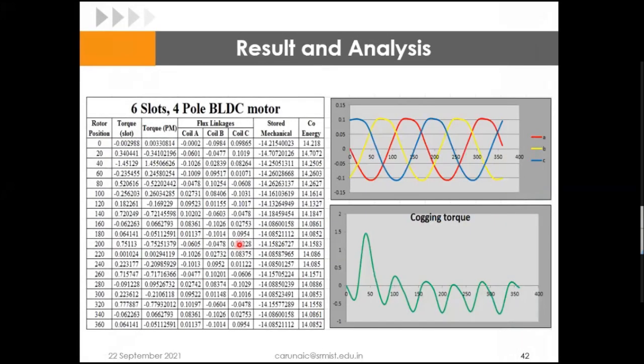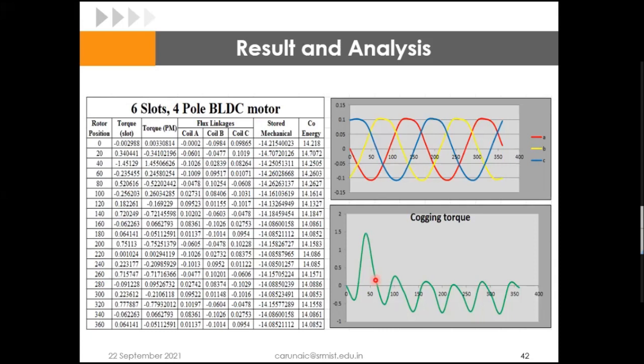And finally, you can take the torque results also. Here I can see the flux linkages, torque of the permanent magnet, the core energy, and stored energy. I have made a tabular column of the results I got, from 0 degree to 360 degree, a complete rotation. I have rotated it and taken the readings. If you look properly, the flux linkages are pure sinusoidal with proper phase shift. This is the output cogging torque waveform. The cogging torque of this machine is initially 1.5. These are the results taken from the CAD, and this can be taken as our normal design of the motor.